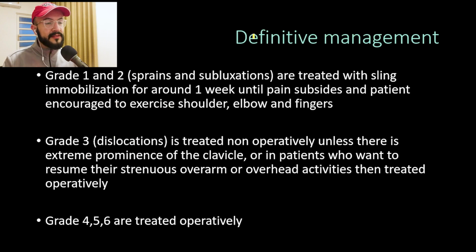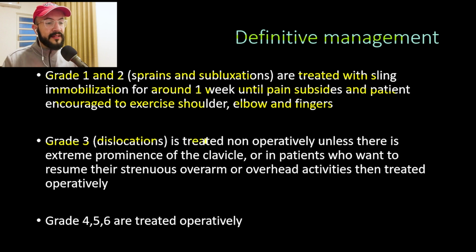Now let's talk about the definitive management of these injuries. So in Rockwood grade 1 and 2, meaning in sprains and subluxations, they are treated with sling immobilization for around 1 week until the pain subsides, and the patient is encouraged to exercise their shoulder, elbow, and fingers to go back to normal activity. And regarding the Rockwood grade 3, which are AC joint dislocations,